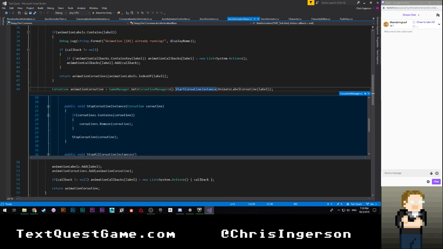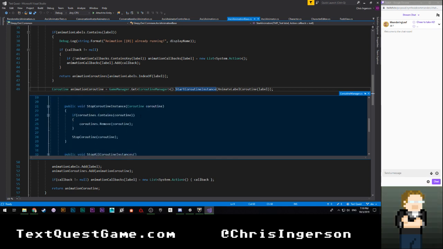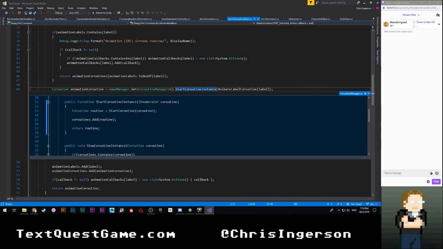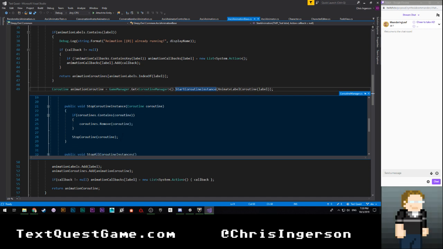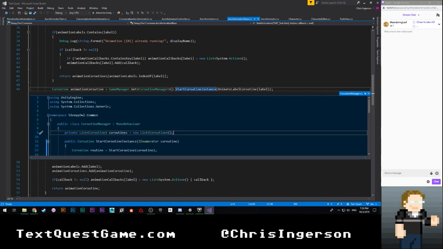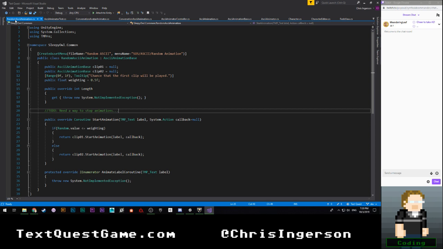Probably I need to either not track my coroutines, which honestly it doesn't really seem like I need to do anyway. All I'm really doing is just putting them in a list. So this is probably a non-issue, honestly. I think I can just remove this. So I'm not going to worry about that for now, but that's something that I did notice, and I did jot it down because it could lead to something at some point, but I'm not too worried about it right now.